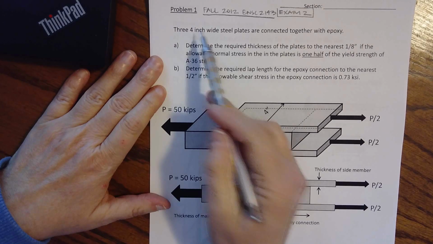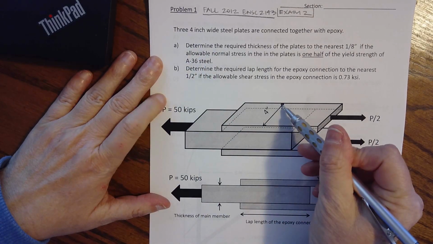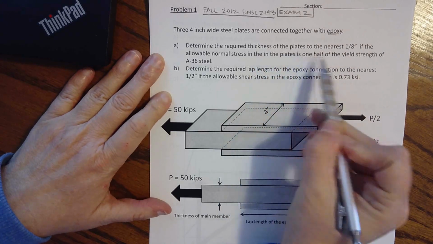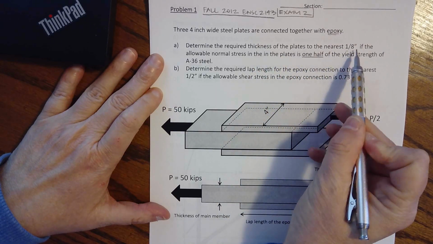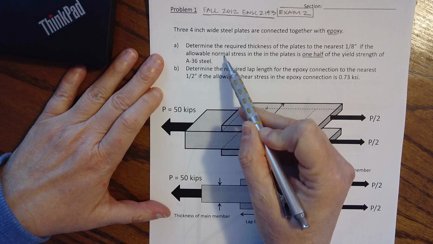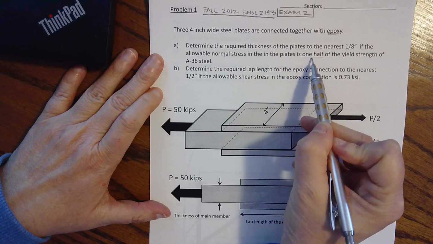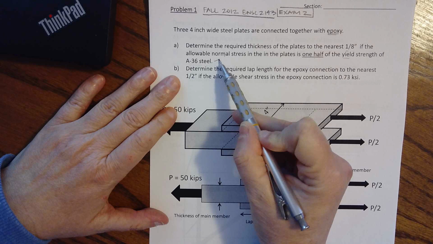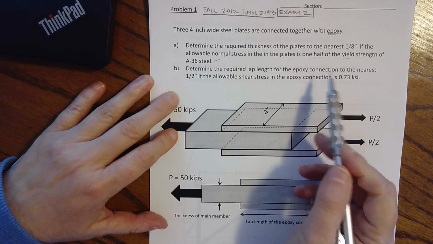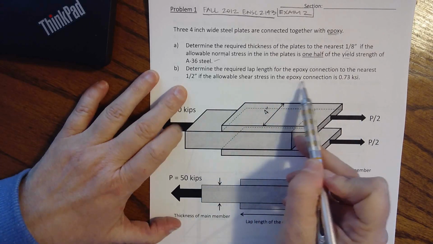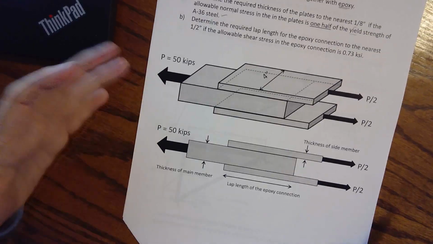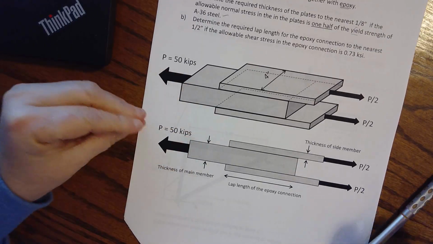We have 3 4-inch wide plates that are connected together with epoxy. Determine the required thickness of the plates to the nearest 1/8 inch if the allowable normal stress in the plates is 1/2 of the yield strength of A36 steel. Determine the required lap length for the epoxy connection to the nearest 1/2 inch if the allowable shear stress is given as, okay? So we have this connection here, and as we pull to the left and pull to the